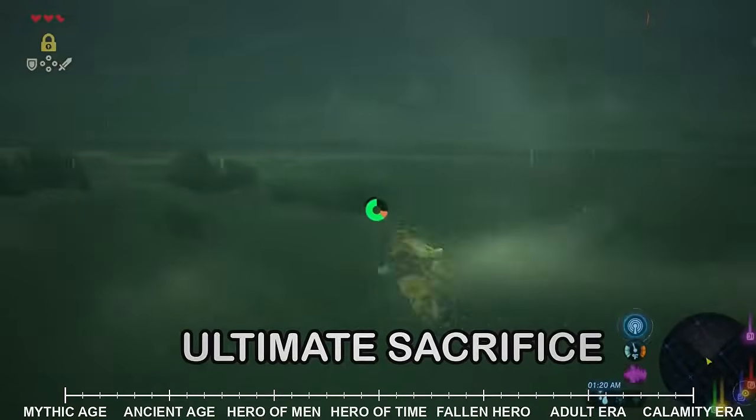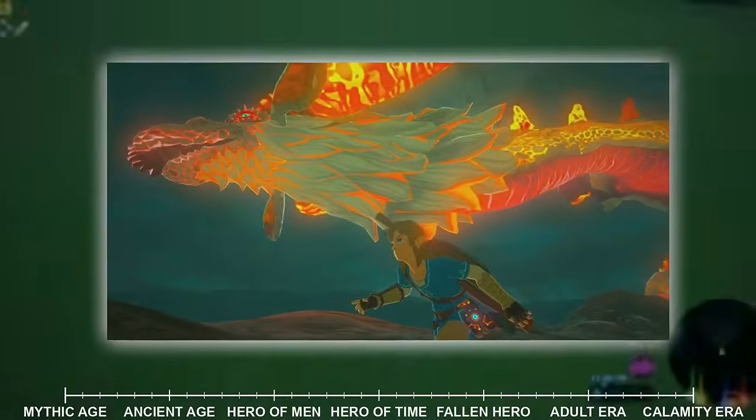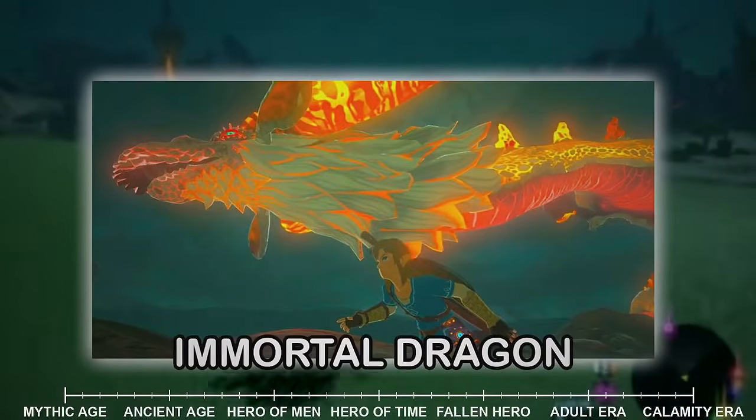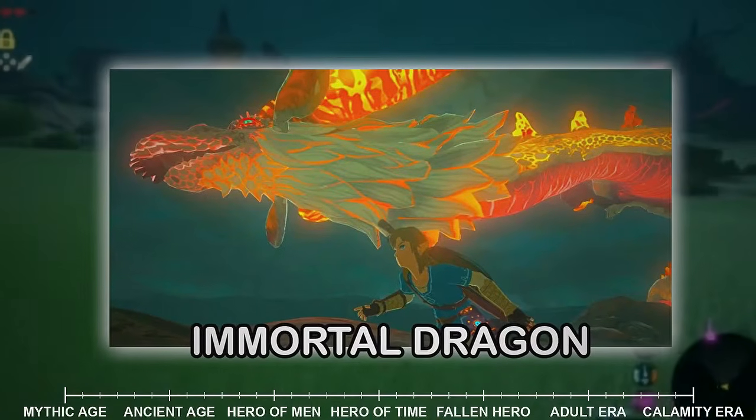made the ultimate sacrifice, swallowing a secret stone and transforming herself into an immortal dragon, losing her identity and memories to become the guardian of the sword across thousands